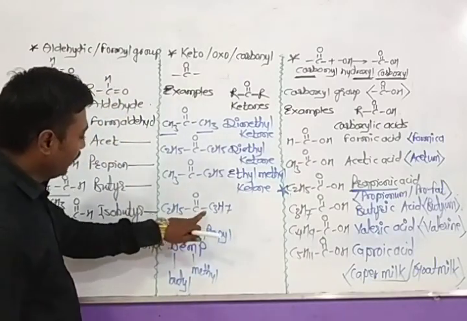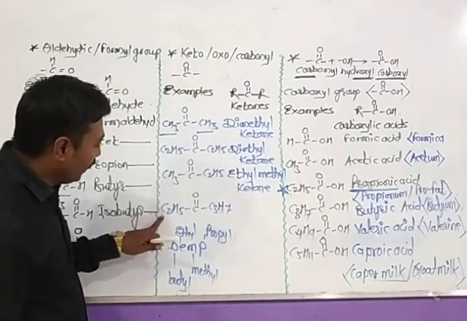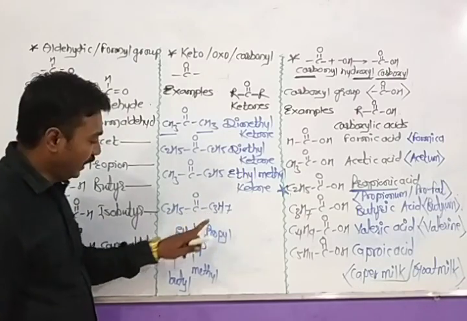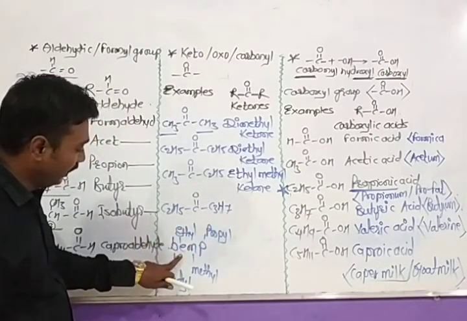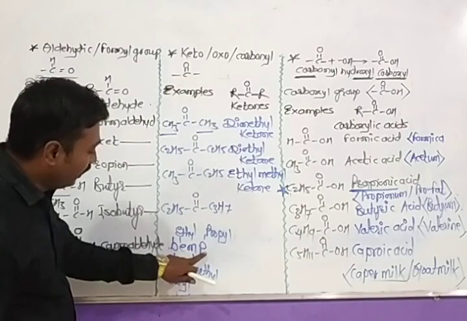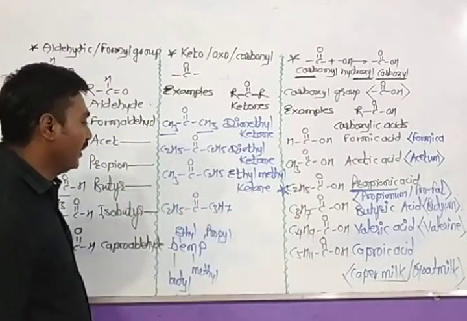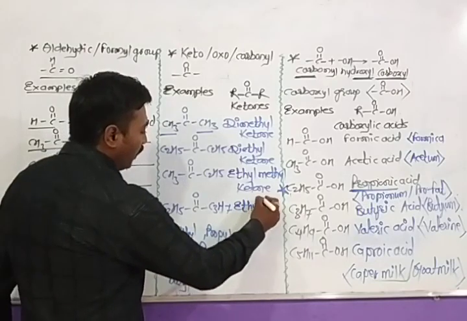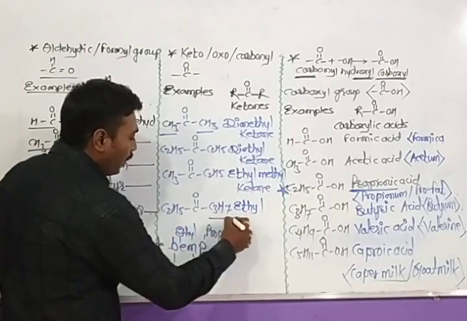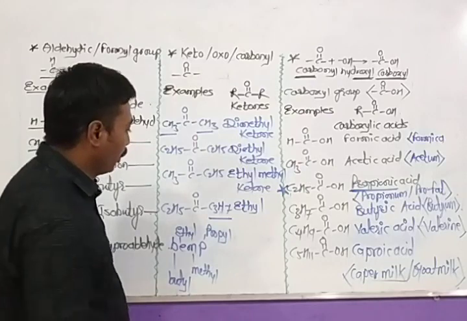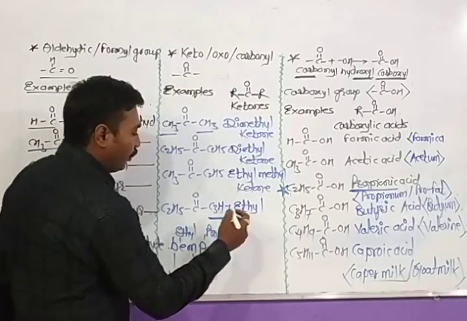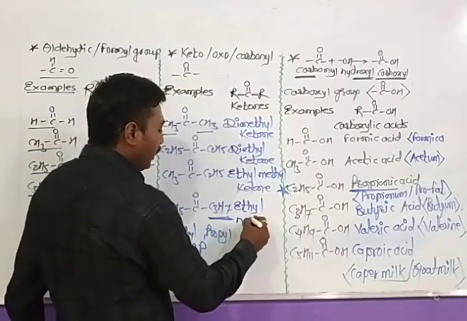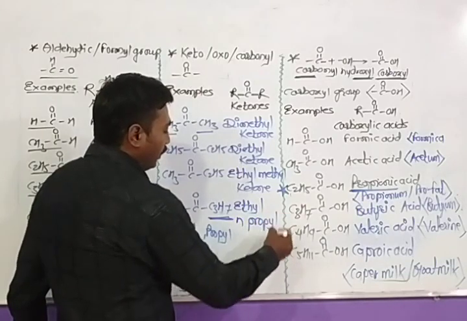Now, in this case, E for ethyl and P for propyl. Then which will come first? Yes, ethyl will come first. Then we will follow it by propyl, and then finally it is followed by ketone. So the compound name is ethyl, and if the propyl group is N-propyl or isopropyl, in this case it is N-propyl. So ethyl N-propyl ketone.